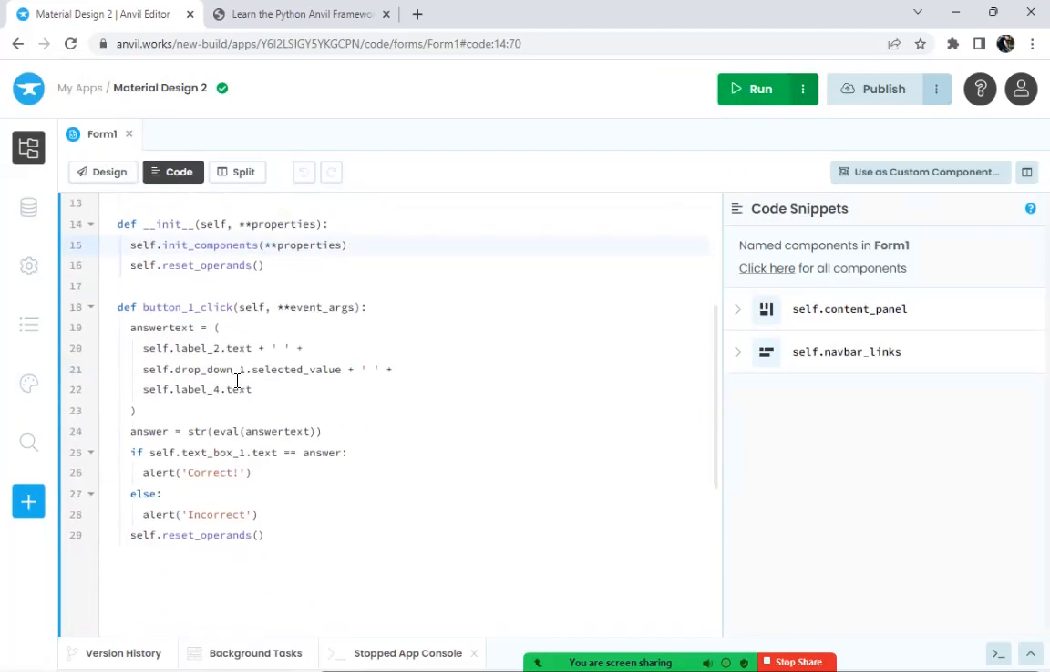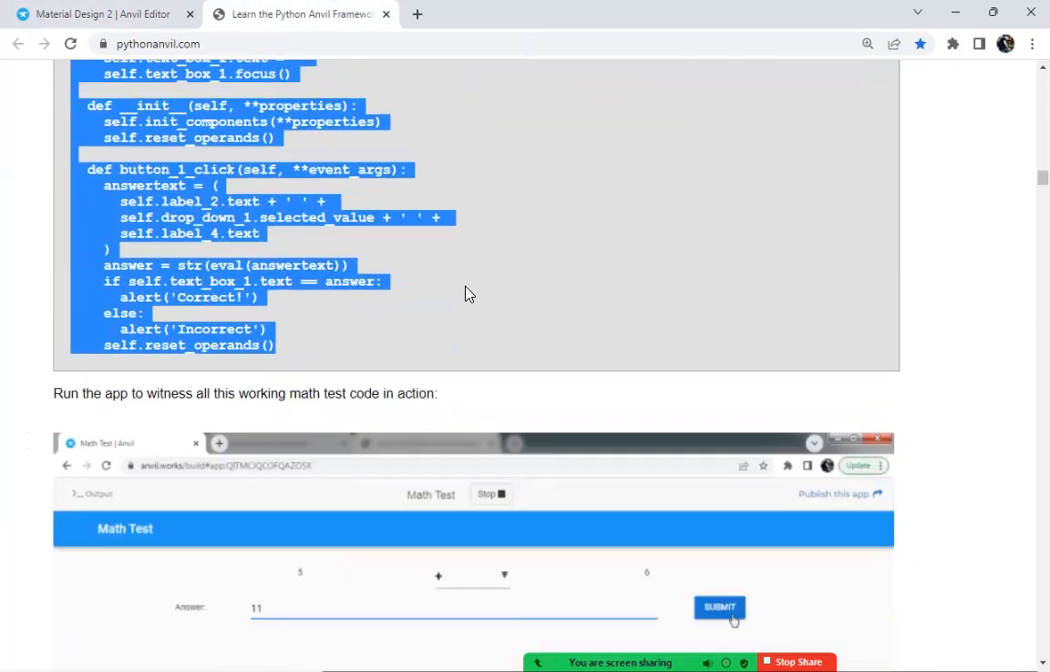And you can see here, when we click the button 1, it goes through this whole evaluation before, and the only thing that's been added is we add another evaluation of that reset operands function. Now let's